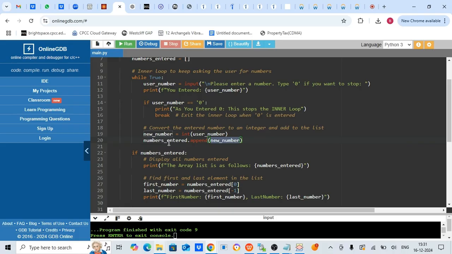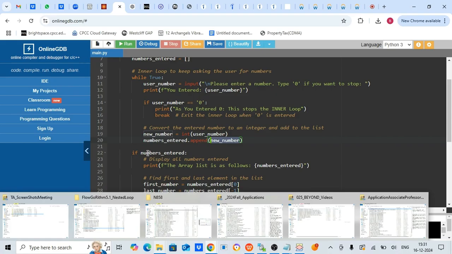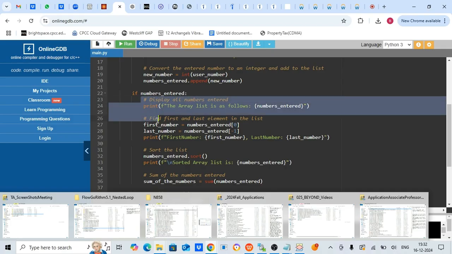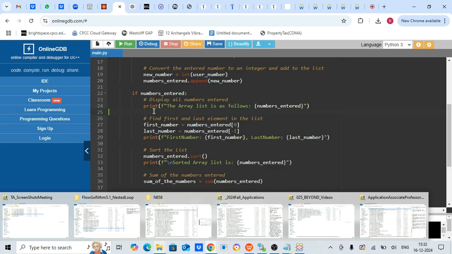Afterwards, here we check if the list is not empty. In line number 22 you can see clearly, if numbers underscore entered, it means if this list is not empty, if there are some values inside it, then this block should get executed. So in line number 24, as the user will enter the numbers, it will go inside the if condition,